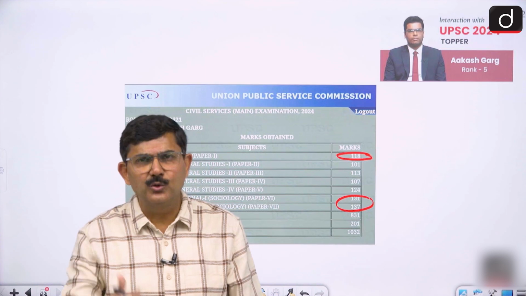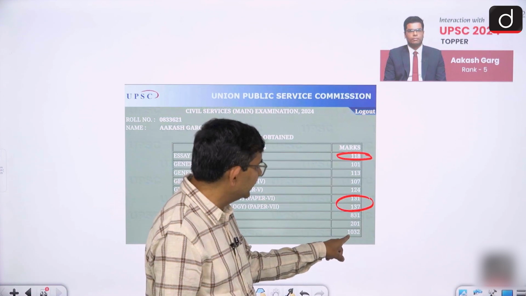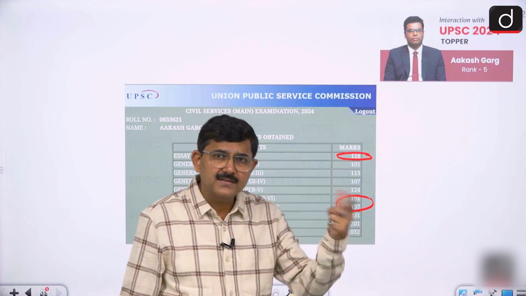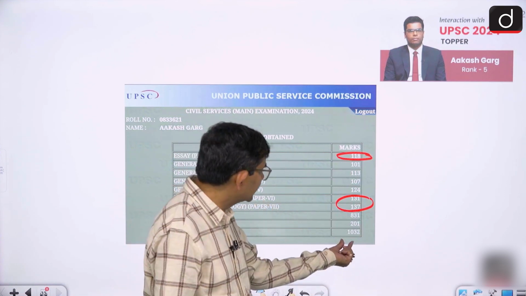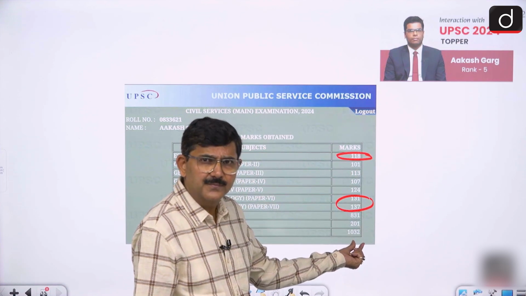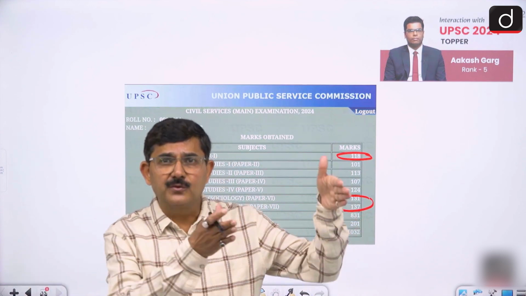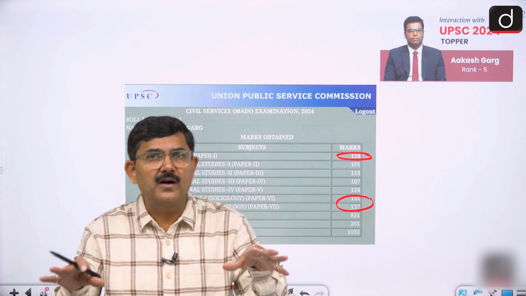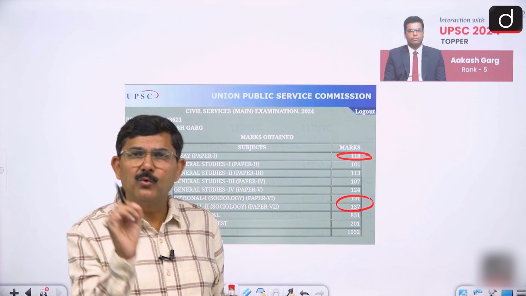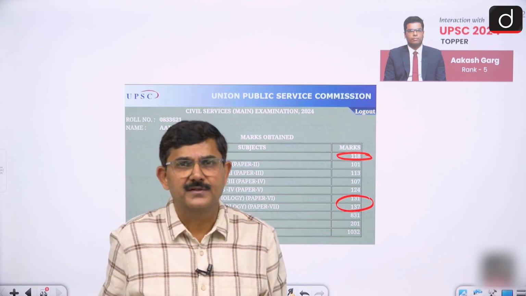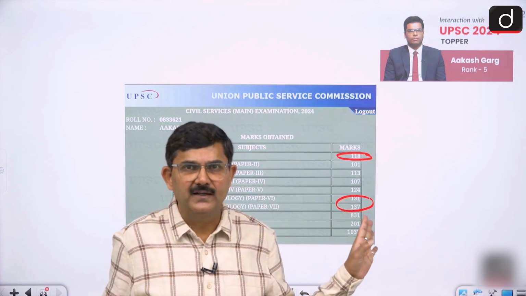So this is all about the UPSC. Overall, you find the rank: with these 1032 marks, he got fifth rank. Last year, my student Saurabh Sharma with 23rd rank got just 3-4 marks lesser than this one. So there is a difference between 2023 and 2024 in overall marks. That difference is because slightly lower marks were awarded in optional subjects, and in all subjects in fact. So overall he is one of the highest scorers in the subject.